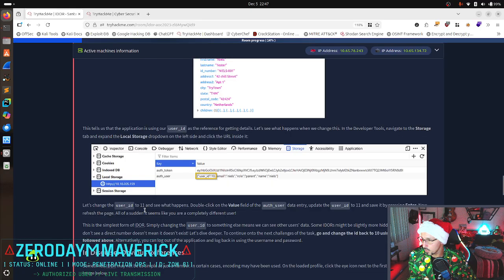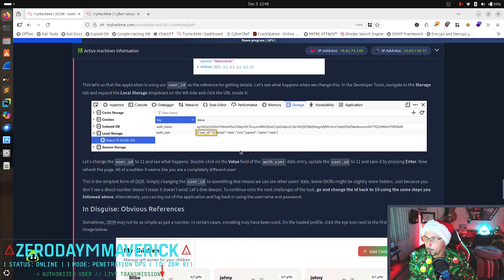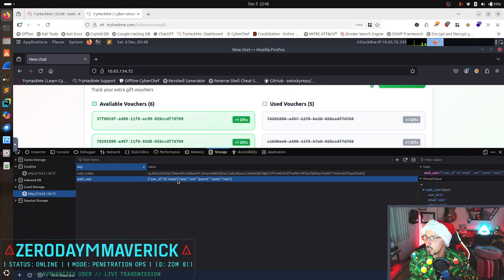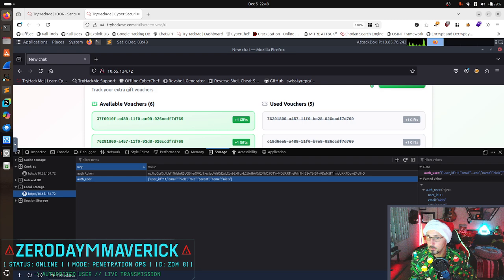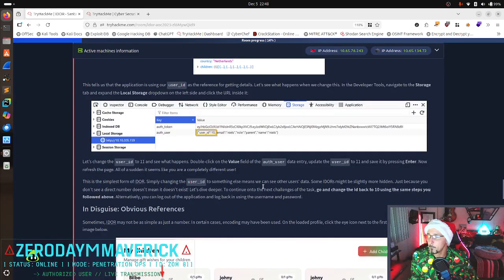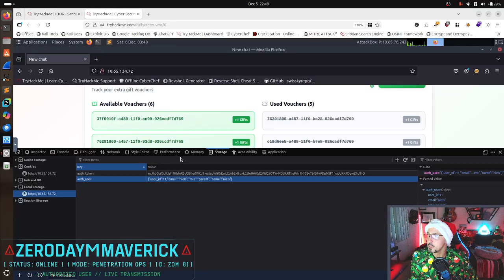Okay. Let's change the user ID to 11. Double click on the value field and press enter and refresh the page.